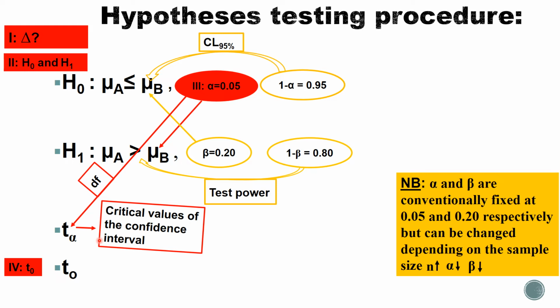Now, the fourth step is what? To now calculate the observed statistical value. This is still a value for our sample, but this is what? Hypothetical. In other words, this is theoretical. This is based on the fact that